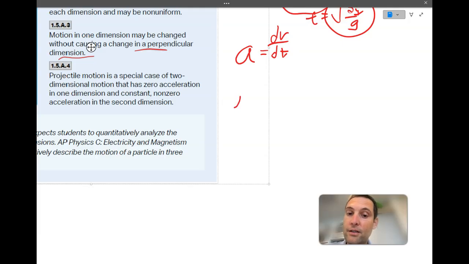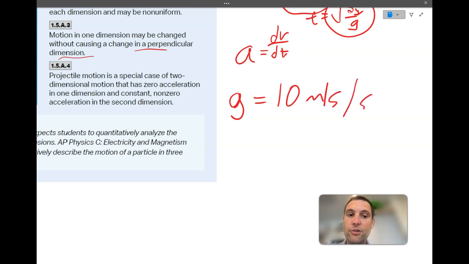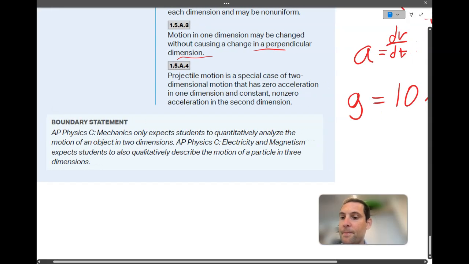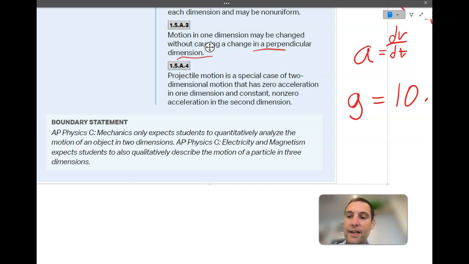Acceleration due to gravity, or our gravitational field: 10 meters per second every second is how much our velocity is changing every second. AP Physics C Mechanics only expects students to quantitatively analyze the motion of an object in 2 dimensions. AP Physics C Electricity and Magnetism expects students to also qualitatively describe the motion of a particle in 3 dimensions. So mechanics, we're only dealing with 2 dimensions. E&M, you know,